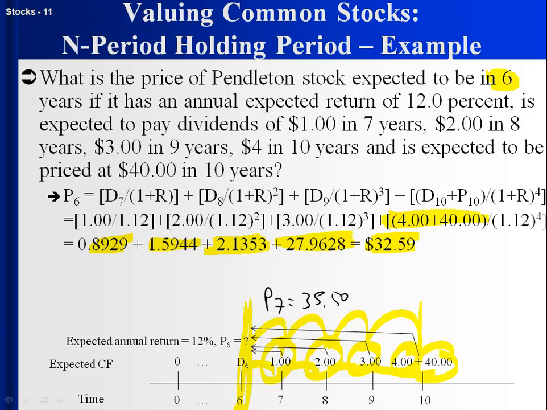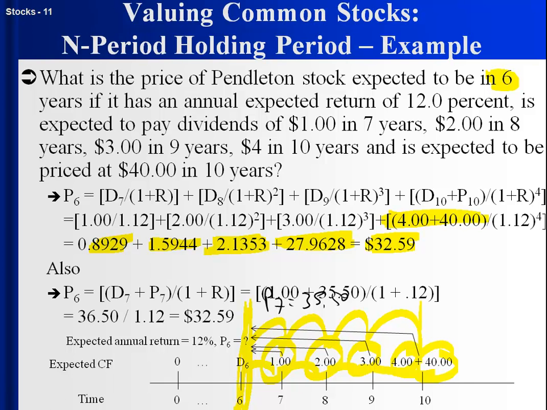So 1 year after we get out of our time machine, we expect this stock puts $36.50 in our pockets, and then we're done. We're never going to get any more cash because we've sold it. What's the present value of that? $36.50 over 1.12, $32.59. So a lot of times when you're trying to price a stock, there's multiple ways to get at it,